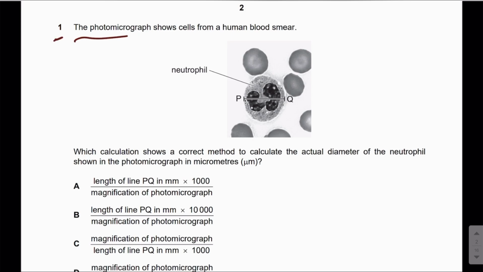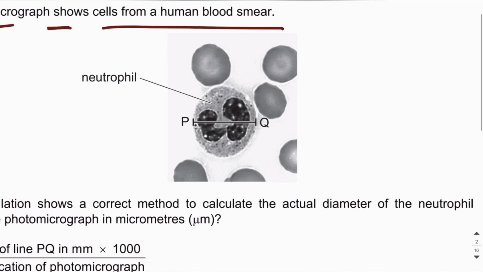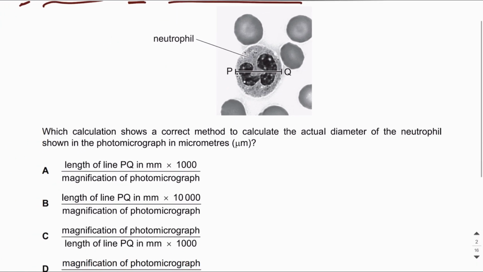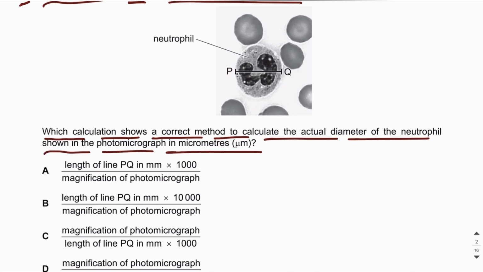The photomicrograph shows cells from a human blood smear. So we can see that this is a human blood smear containing red blood cells and the neutrophil. Which calculation shows a correct method to calculate the actual diameter of the neutrophil shown in the photomicrograph in micrometers? So guys, we have to select the correct option for the correct calculation of the actual diameter of this cell,